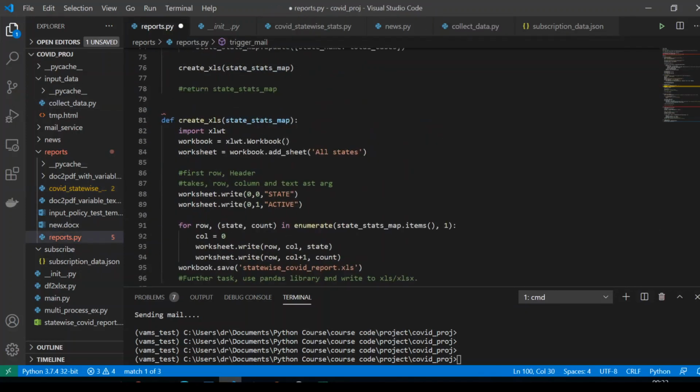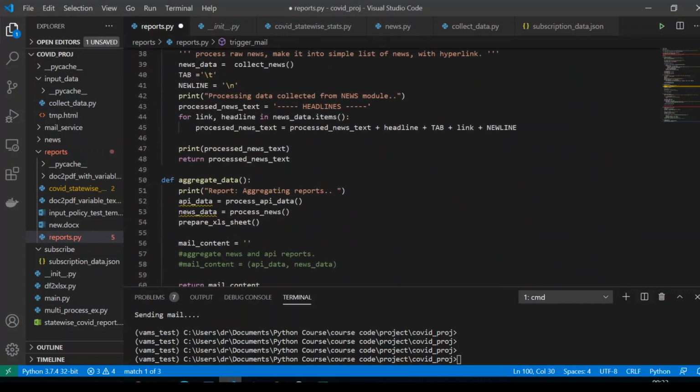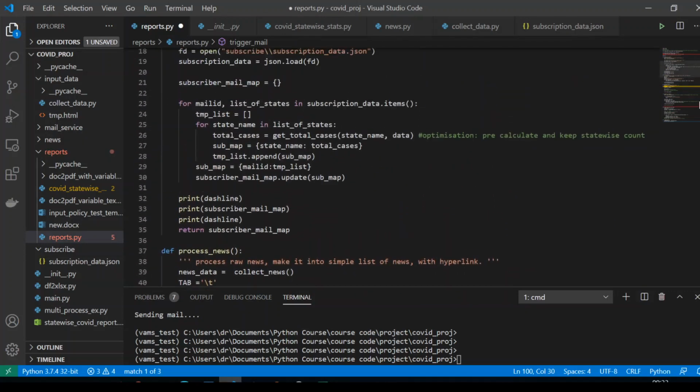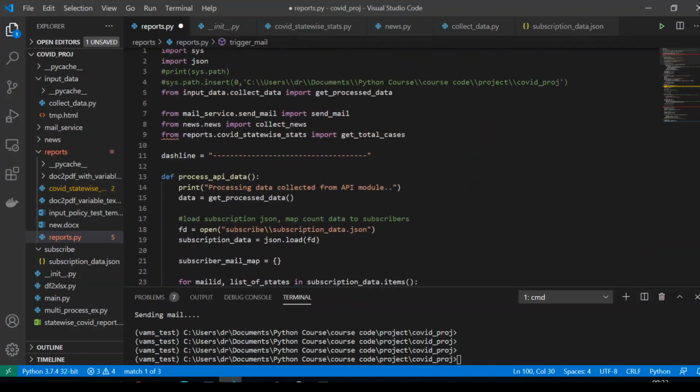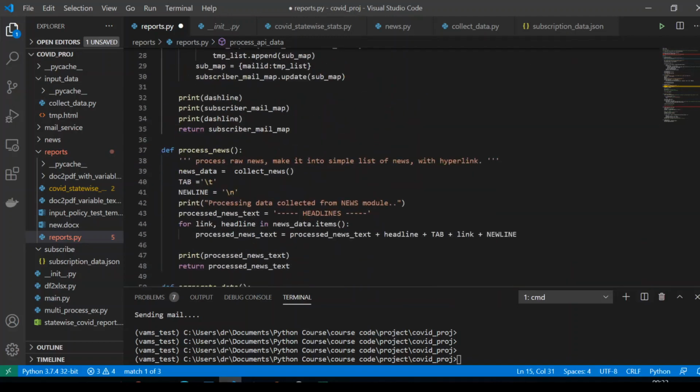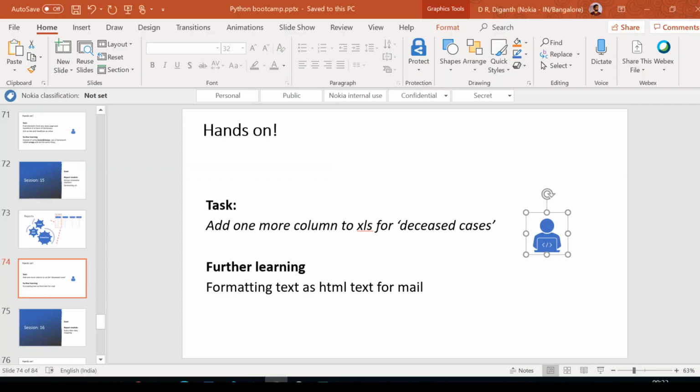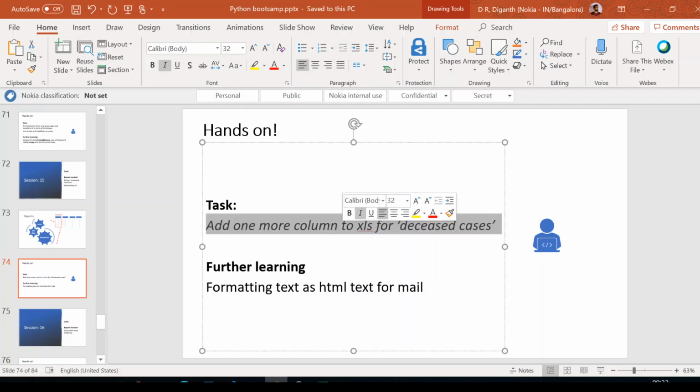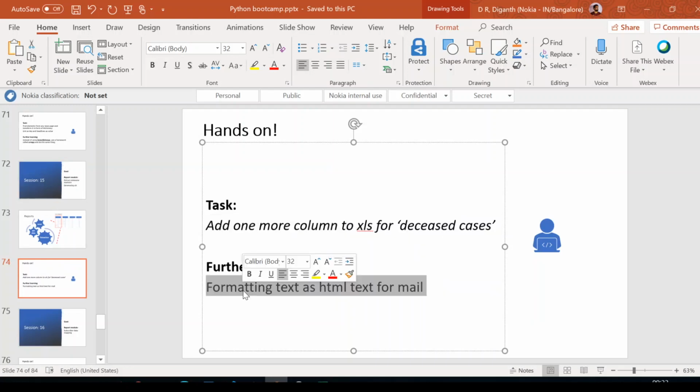So it is growing bigger every day, and we are learning a lot of things as we go further. Do not lose the focus. I want you to download the code from GitHub and try this particular exercise, because the code is already ready. You just need to plug in a few logic into that. That will give you a complete idea about this particular session and whatever we have done in this project area.